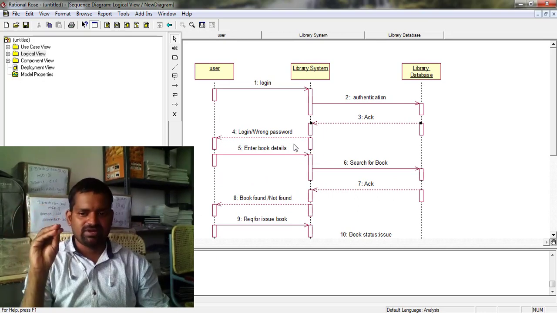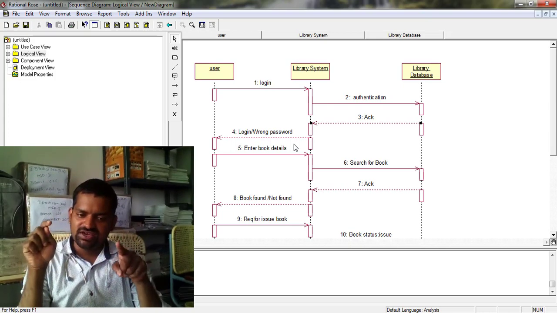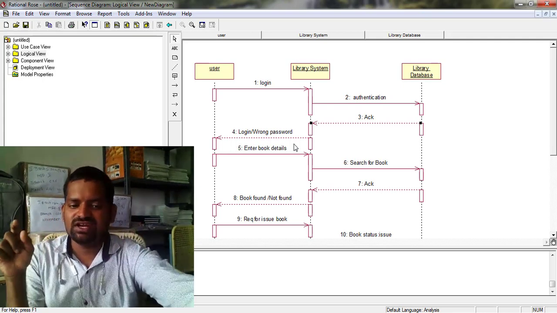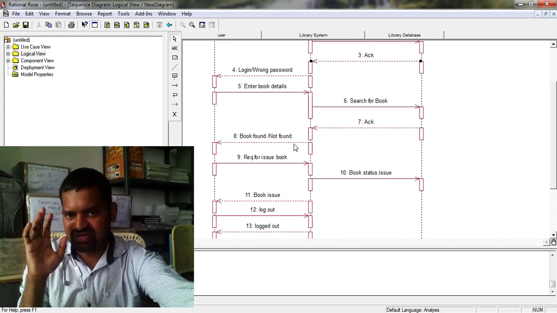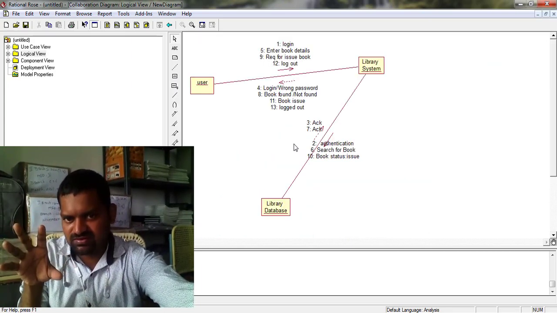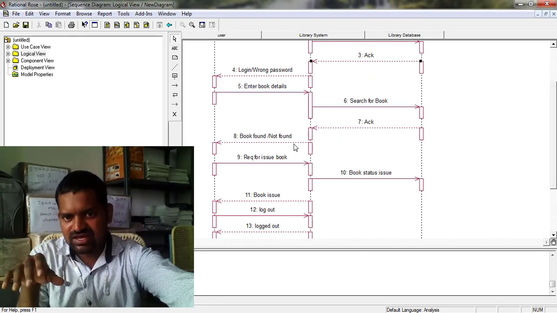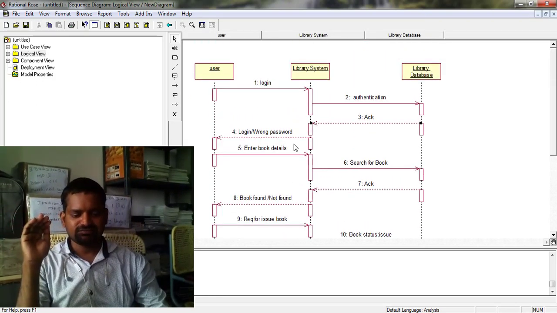Whereas for the collaboration diagram, when you create a sequence diagram and press the F5 function key on the keyboard, it automatically generates the collaboration diagram. When you press F5 again, it returns to the sequence diagram.